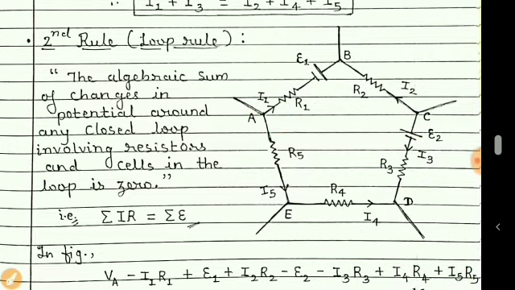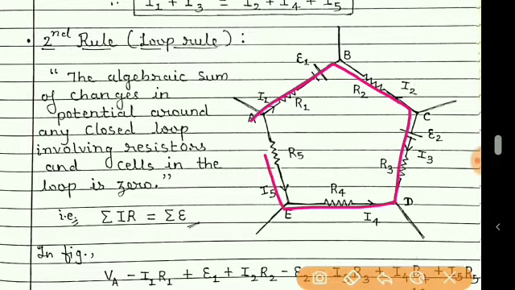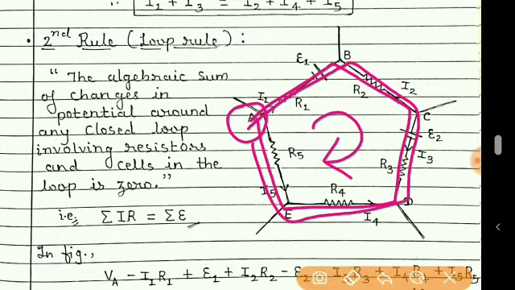So you can see here in this loop there are different currents, different resistors, and even two batteries or cells. Now how we can apply this second rule to this loop A, B, C, D, E, A, that is this loop. When we move along the clockwise path, starting from any point, suppose point A, if we are moving like this A, B, C, D, E, A, then we can say we are moving clockwise.